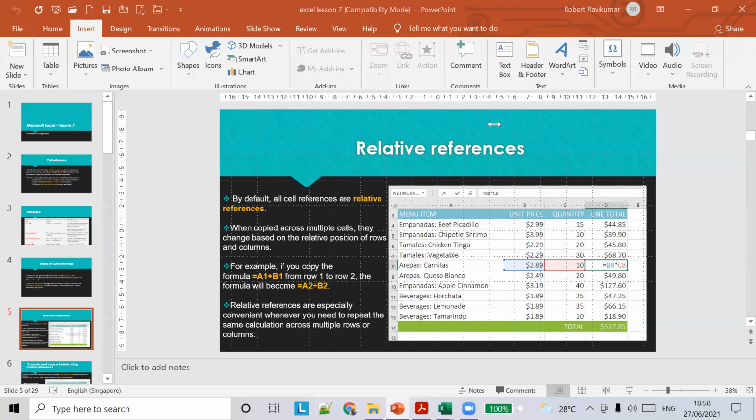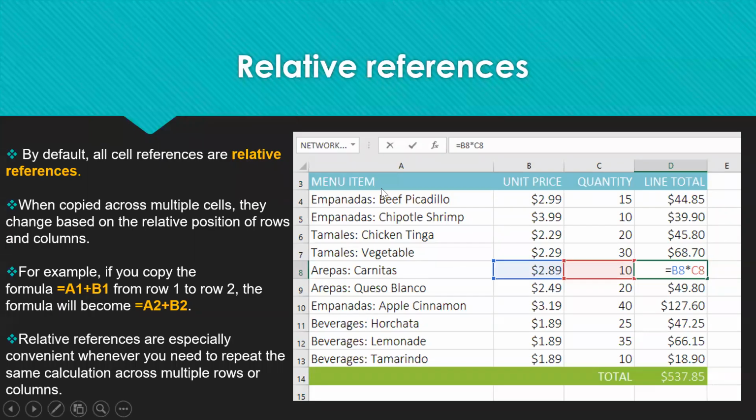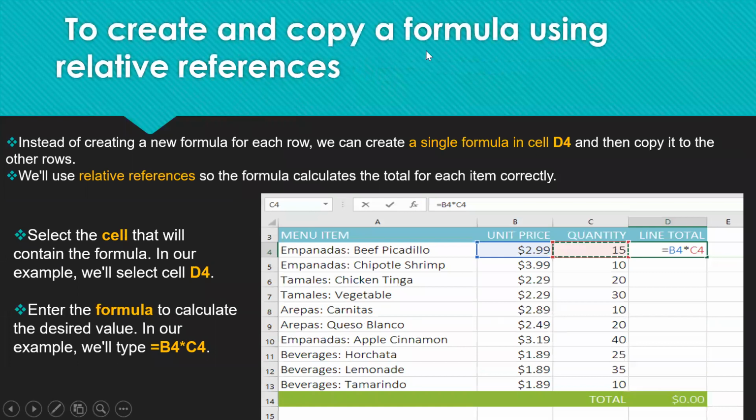Okay, so we saw examples of absolute reference and relative reference, right? So to create and copy a formula using relative references, instead of creating a new formula, we can create a single formula in cell D4 and then copy it to the other rows. We'll use relative reference, so the formula calculates the total for each item correctly.